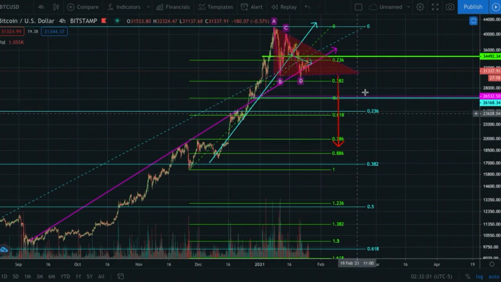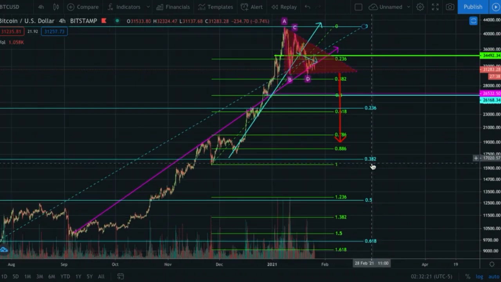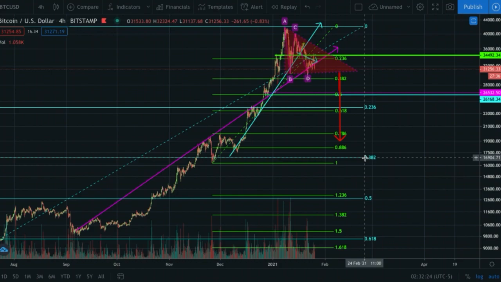At which point in time, once again, I would expect a retest, stair steps along the way. But if we break this triangle, it's going to start looking real violent real quick. And then from the 236, which was obviously a key resistance point here, the 382 would be the next. That would be at 16,846, just past our measured move target, basically the flagpole target. And then we could literally get down to that 382 at 16.9, and then everybody would get extremely bearish.